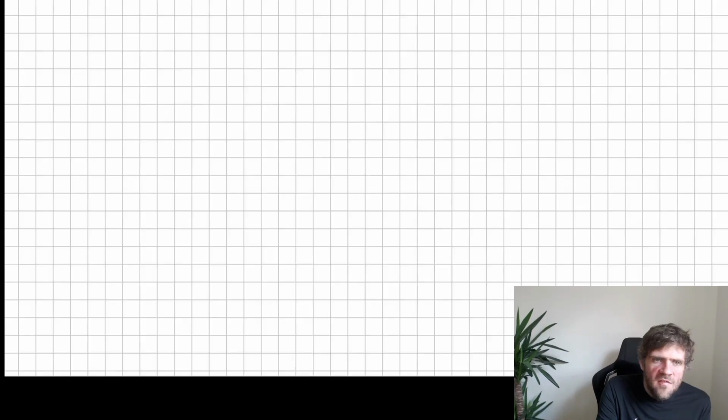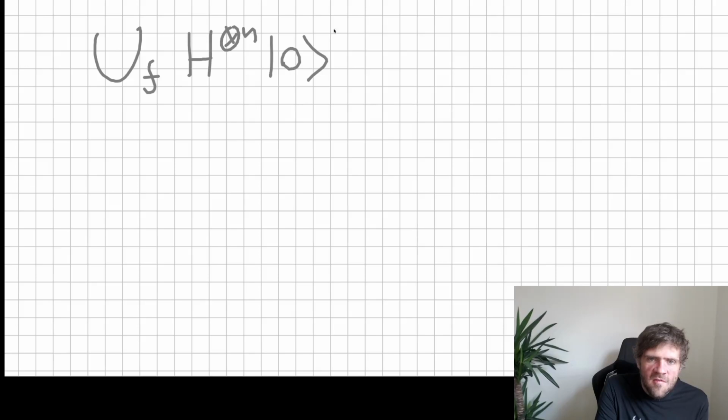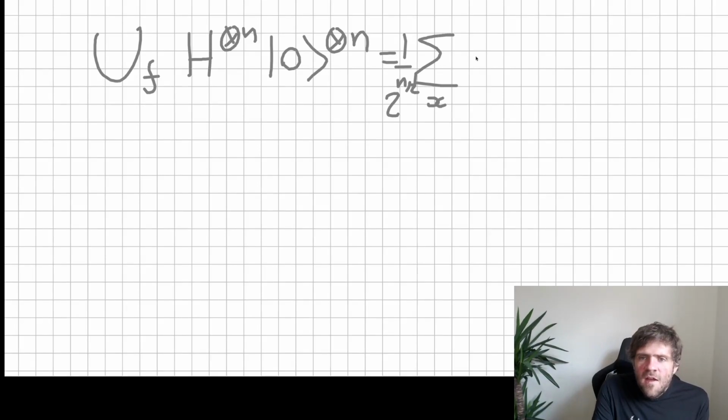However, let's move on to another slide in order to look at what happens in the other case, if our phase oracle is applied to a Hadamard on all of the qubits for initial zeros. In this case, again, of course, we have this sum over all of the inputs. Oh, and I missed out the normalization condition. With a -1 phase for each f of x and each x. Now let's apply another